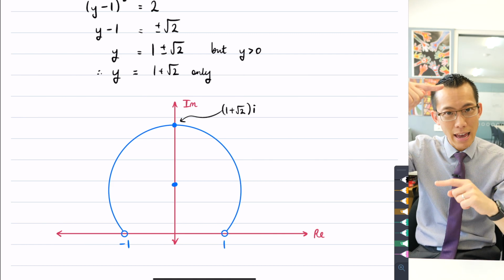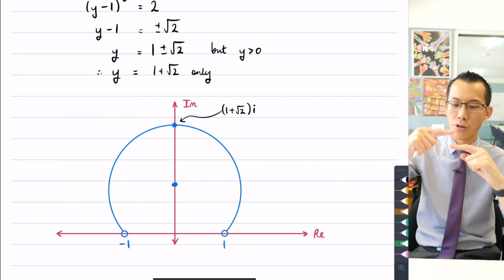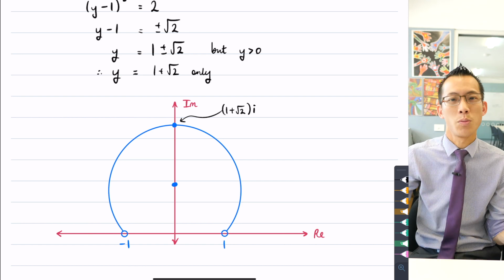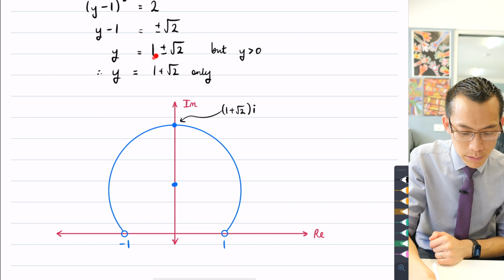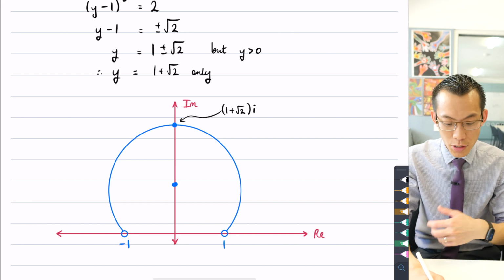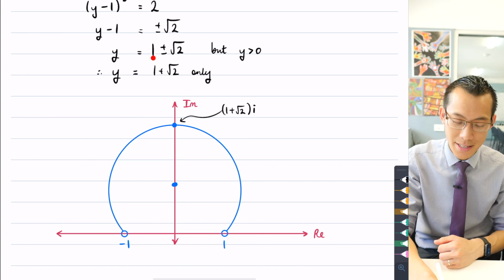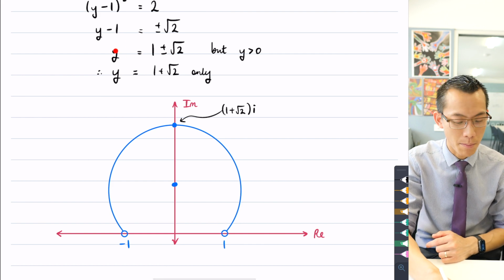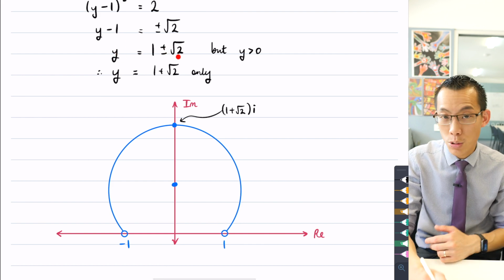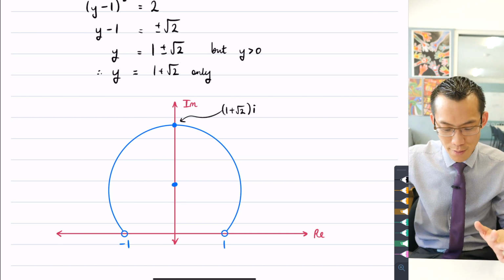Now, that's exactly how we define points on the circumference of a circle. You start from a central point, and then you go out a constant distance, which we of course call the radius. So therefore, I can say that 1 plus or minus root 2, in this case, because my circle is centered on the imaginary axis, 1 must be the center, or rather 1 in the imaginary direction, because remember y is an imaginary component, and then plus or minus root 2, that gives me the magnitude of the radius, right? So therefore I can say,